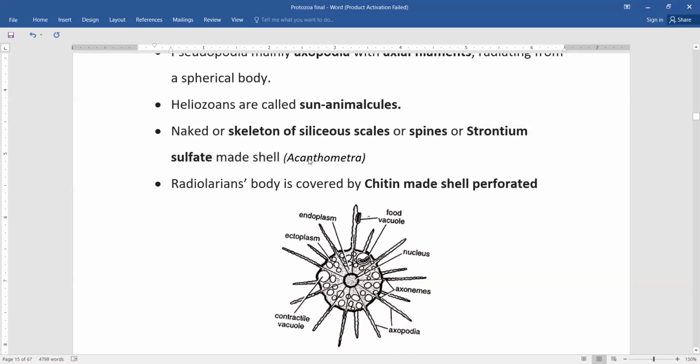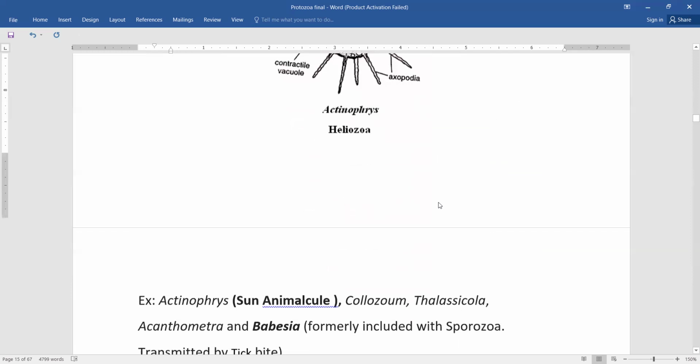Example, Acanthometra, in which a strontium sulfate shell is present. They are called radiolarians. In some radiolarians, the shell is made up of chitinoids. So that is about the